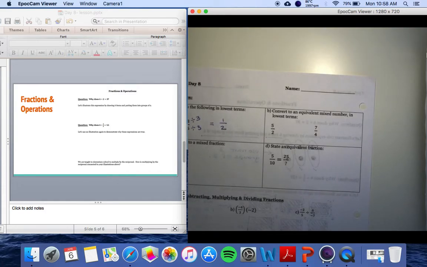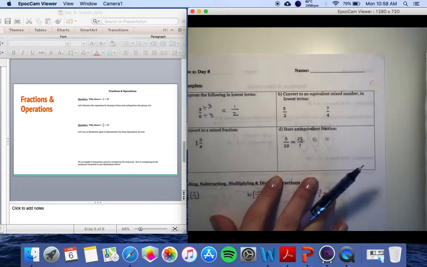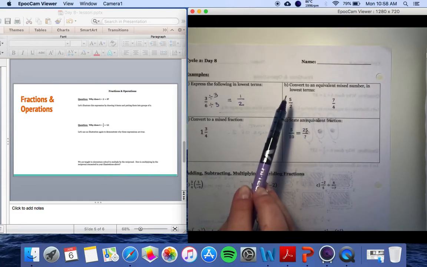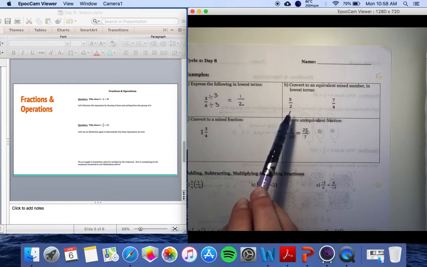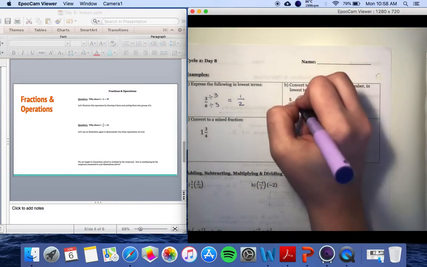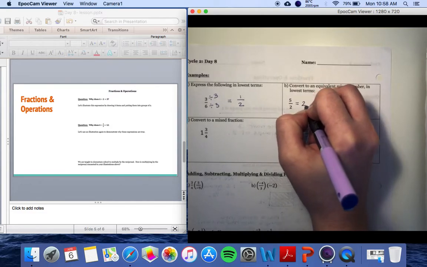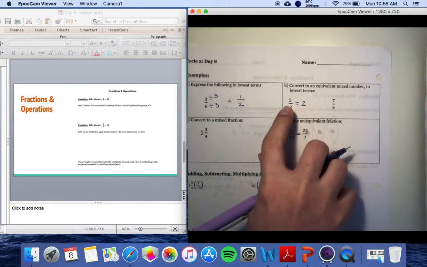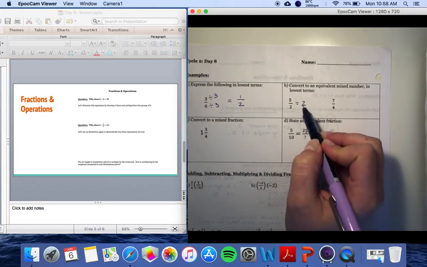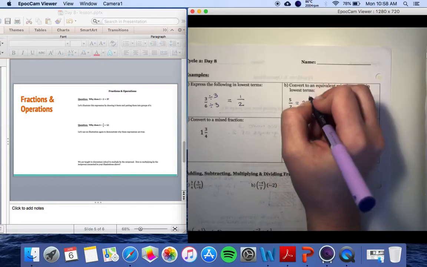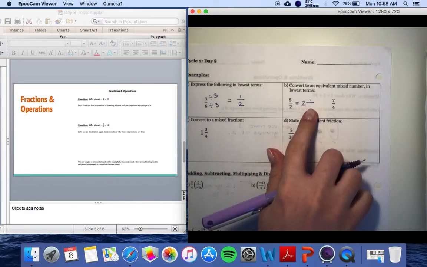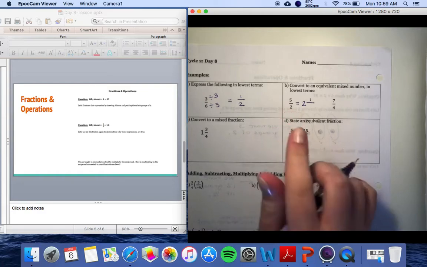So in order to convert to a mixed fraction, what you want to do is check how many times my denominator can divide into the numerator. In this case, we know that 2 divides into 5 only 2 times, right? 2 times 2 equals 4. So that means our whole number, the very first number for the mixed fraction, would be 2, because 2 fits into 5 only 2 times. Whatever is remaining, which is the number 1, would be placed at the top of my fraction. And your denominator is just going to be the exact same as the